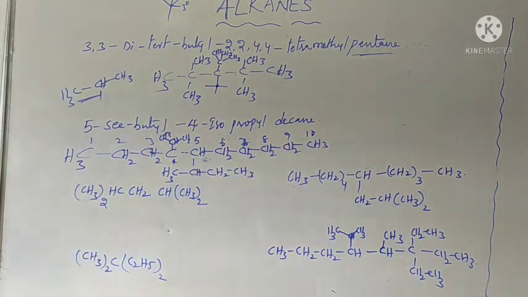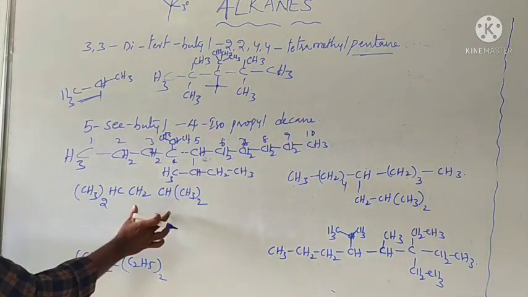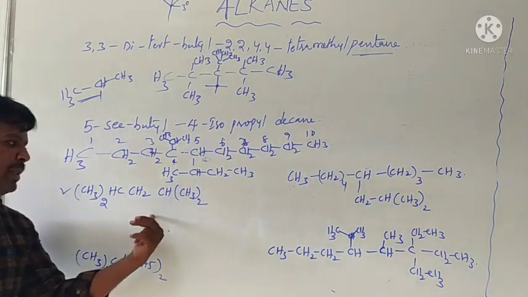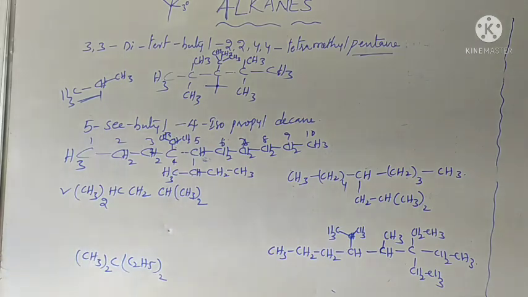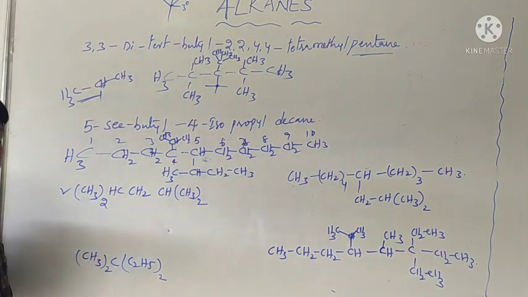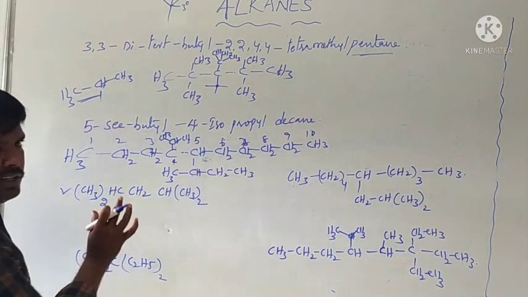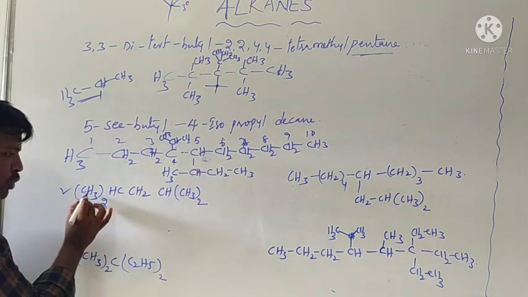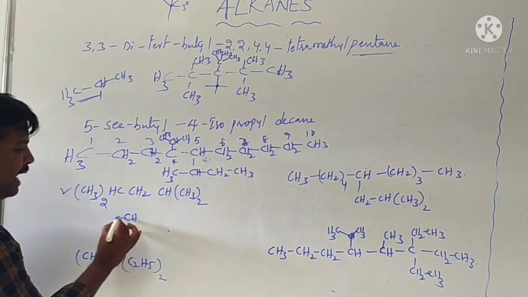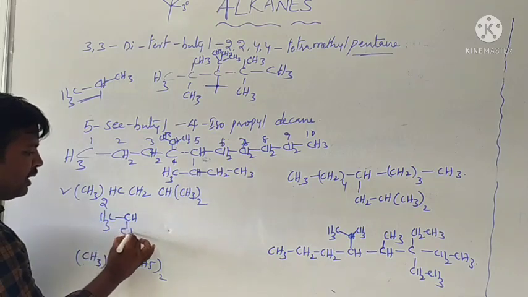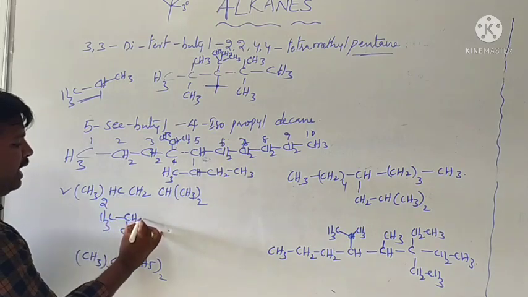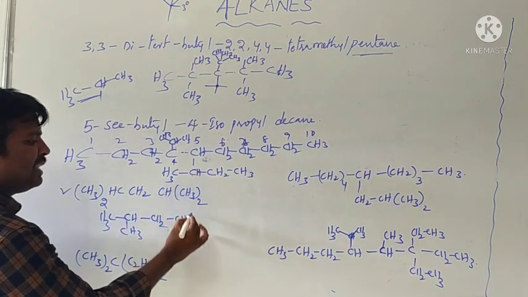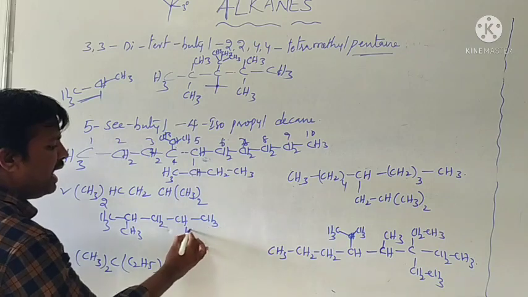Okay, what about this? Here, that is the elaborated form. First of all, here the structure is given and we have to write the name of the compound. First of all, you have to write the elaborated form of this structure. One carbon is attached with 2 methyl groups, therefore CH attached with the 2 methyl groups like this, then CH2, and CH attached with the 2 other methyl groups, CH3 and CH3.